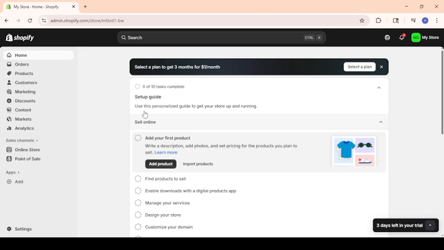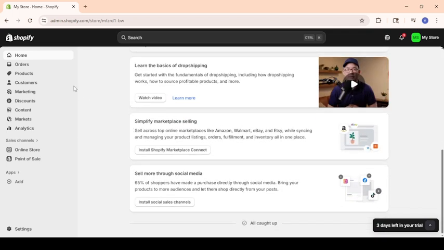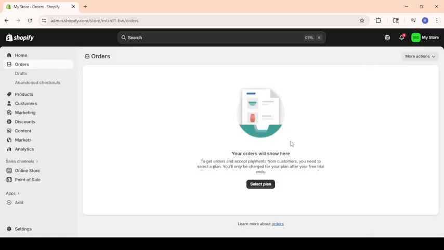Now let's focus on managing your orders. On the left-hand side of your dashboard, you'll notice a sidebar with several options. Click on Orders. This is where all your customer orders will appear, allowing you to keep track of order statuses, manage returns, and more. If you haven't received any orders yet, that's okay. They'll show up right here as soon as they start coming in. It's important to check this section regularly to ensure you're on top of your business operations and delivering excellent customer